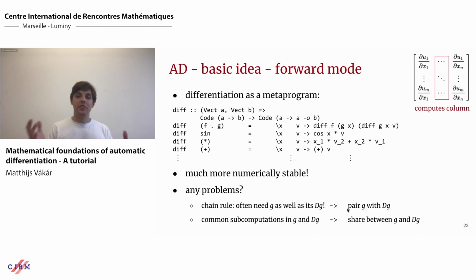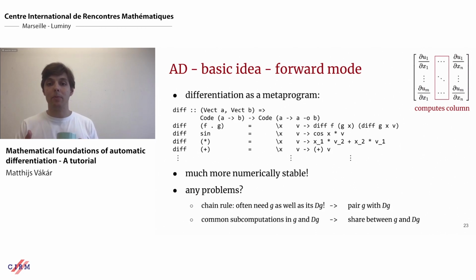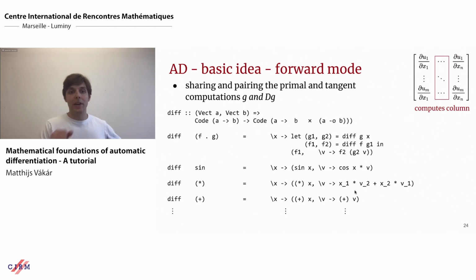And often we see that there are shared subcomputations between the function value of g and the derivative value of g. So we don't just want to pair them up, we also want to use let bindings to share the common subcomputations between g and its derivative. Okay, so if we do that,